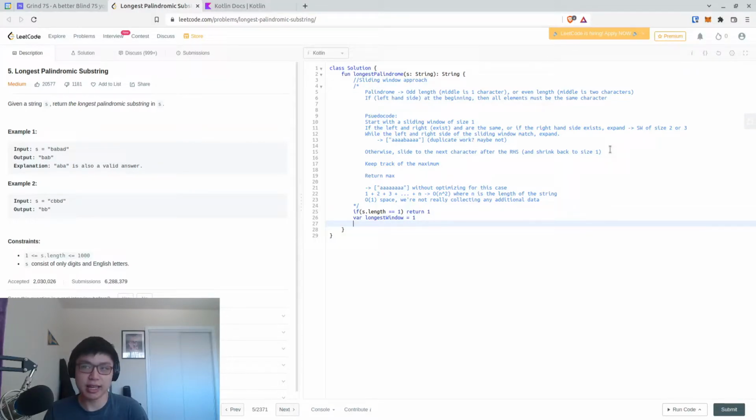And then we can say, because this is going to be a mutating value, this is going to be a mutating index. And in that case, we probably want to do a var left window is 0, right window is 0. And we can say while right window is less than s.length, we will say val core is equal to